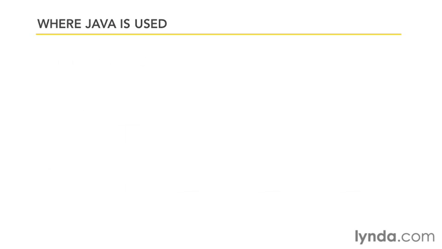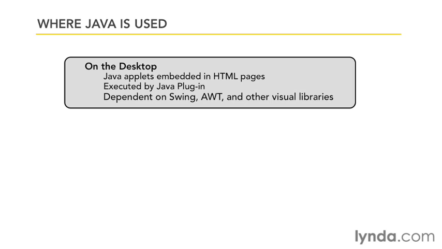So once you've learned how to work in Java, where can you use it? Well, Java is implemented in many environments and used for many different kinds of applications. You can use Java for desktop applications, either actually installed on the desktop or delivered through browsers as Java applets embedded in HTML pages. These are called graphical Java applications, and they use libraries called Swing and AWT to build